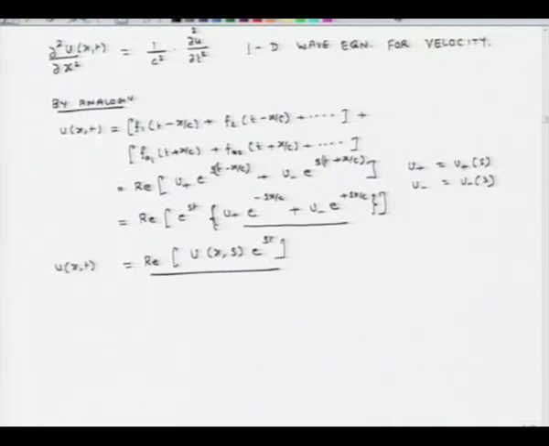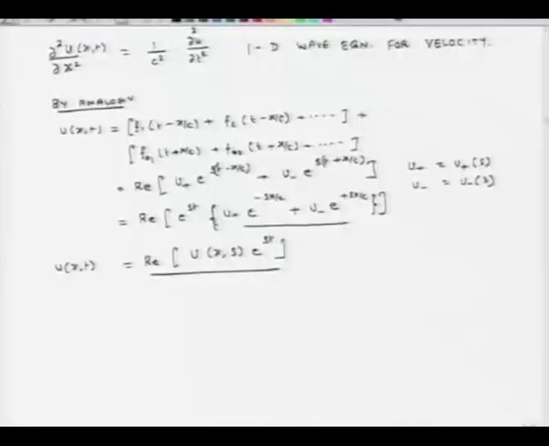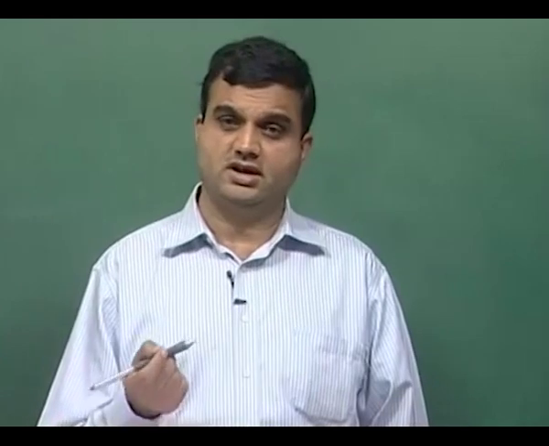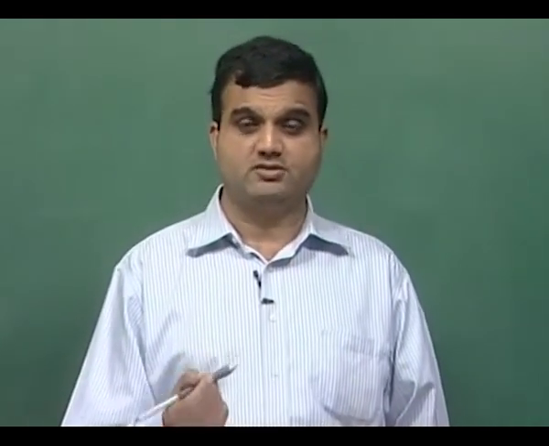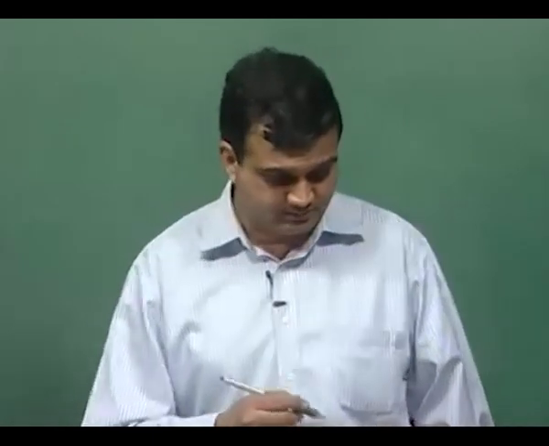So, so far what we are seeing is that the mathematics for developing relations for velocity and for pressure are extremely similar. I am just replacing U with P and so on and so forth. So, now what I am going to do is connect this U with the pressure and see how pressure and velocity are related. And for this I have to use the momentum equation which I developed in the last class, and it is that momentum equation which connects velocity with pressure.